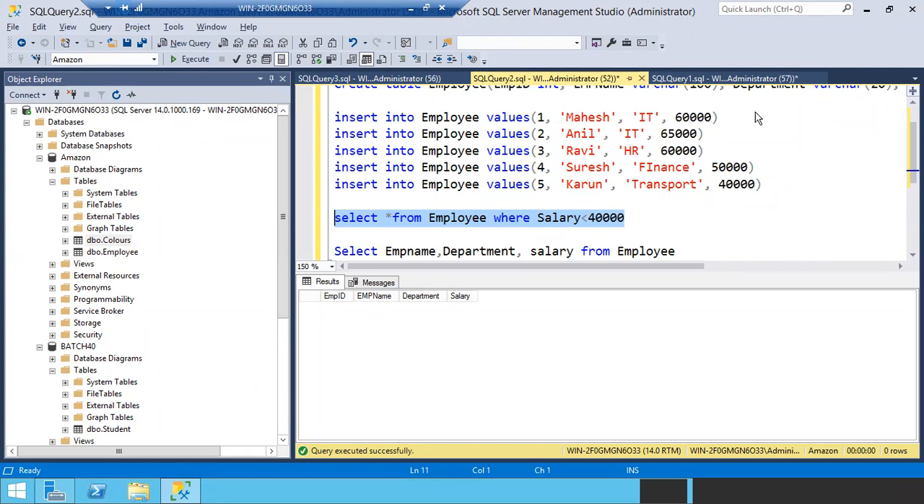See, for example, for salary we mentioned the salary column here. For employee ID, what do we have to mention? For employee ID, what do you have to mention, Prithvi? Select the employee ID from